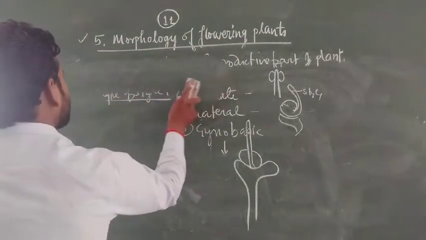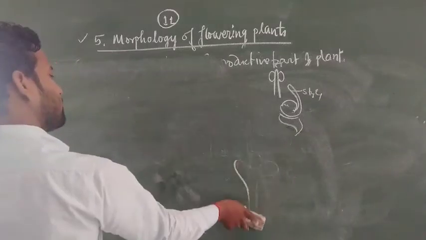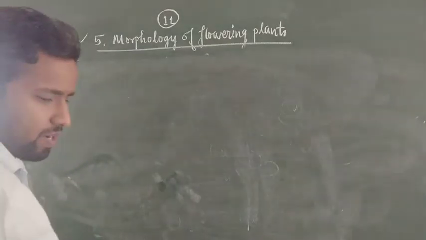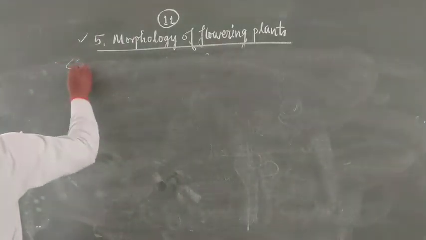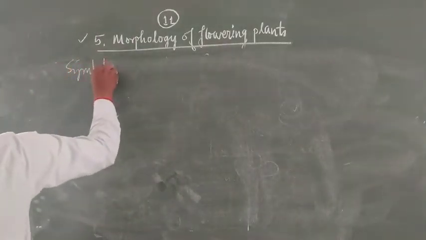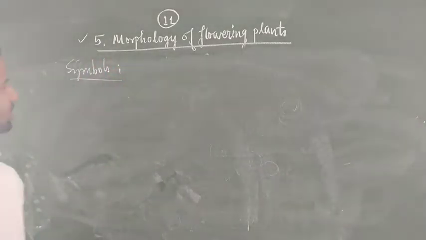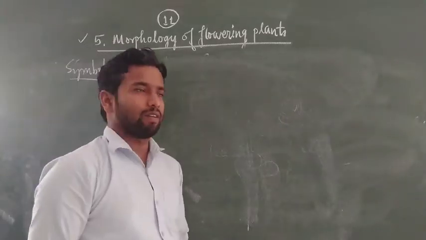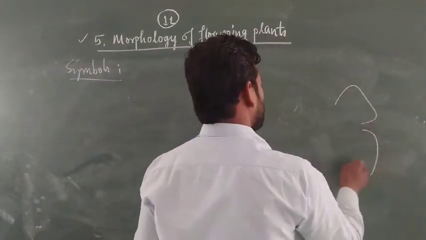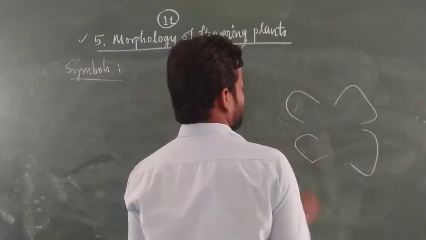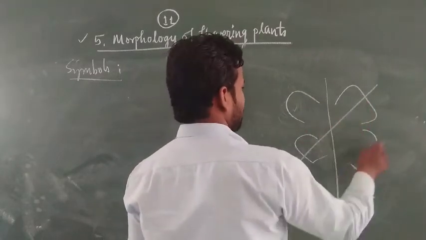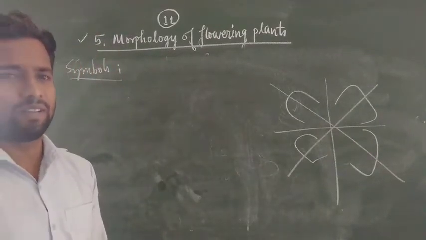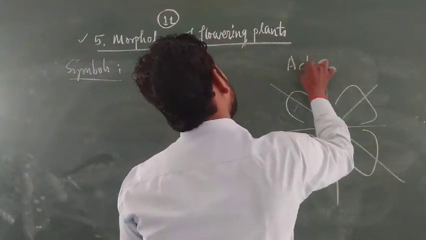Now the next part that we must study in this case is symmetry. What types of symmetry are used in taxonomy? Okay, first one: suppose this is a flower, a mustard flower. If some flowers are like that, if they are cut at any plane, all parts are identical to the other part. This type of flower is called actinomorphic.